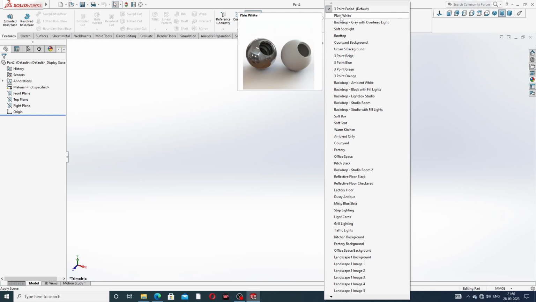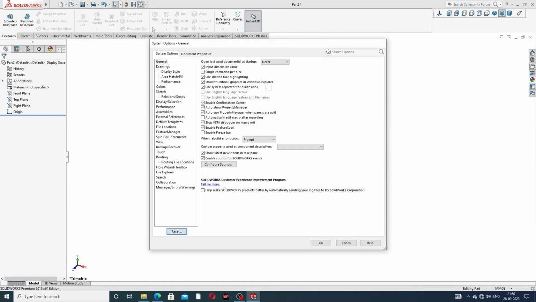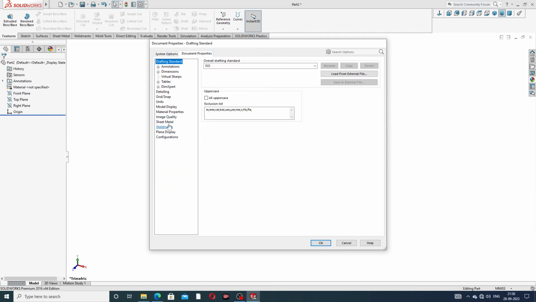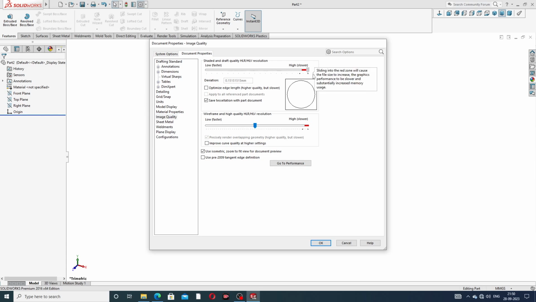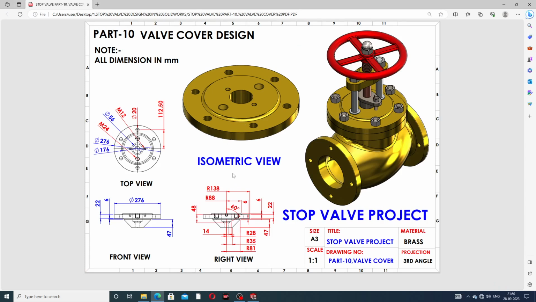First, use a plain white and go to document properties, and the image quality is very high because all geometry lines are looking perfect. Okay, all is correct. At first, select the right plane, and all the right plane dimensions you can see here on the screen. A simple geometry is drawn here, and a big diameter radius is 138 mm, and this is